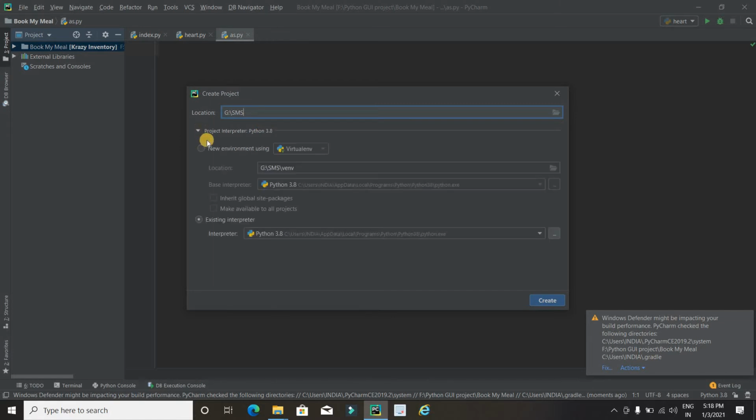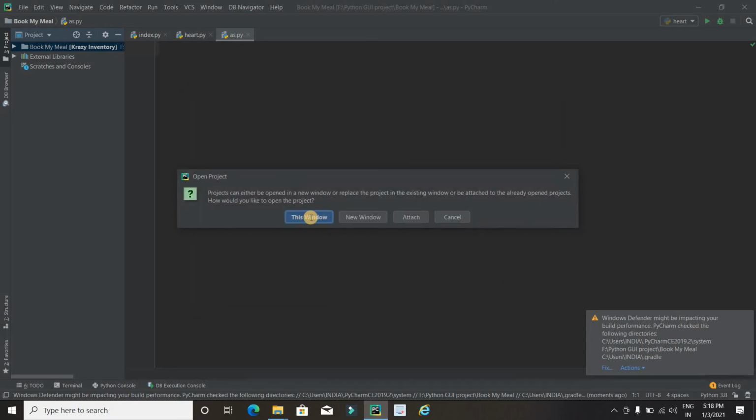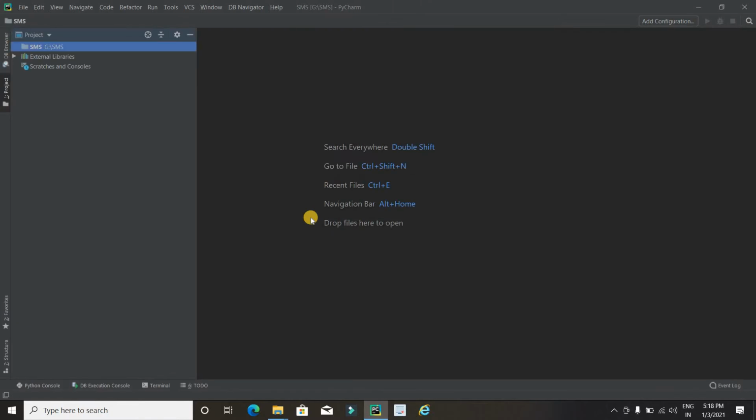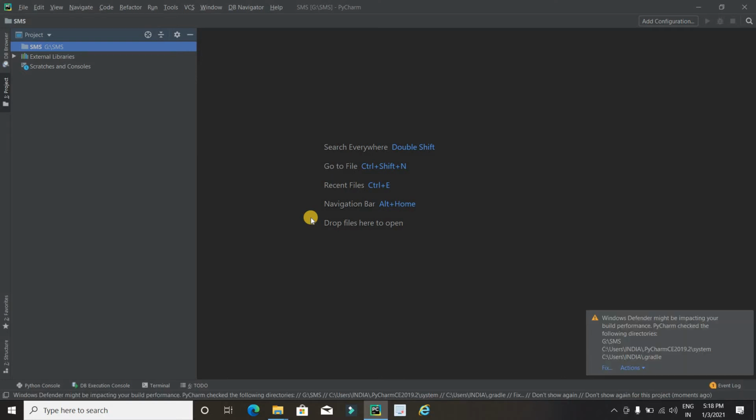One more thing: if in your case this radio button is checked, then please uncheck this radio button and click Create. It will take some time to create this project in our system, so just wait. Now it's done. We can see that a project named SMS is created successfully in the G drive of our system.